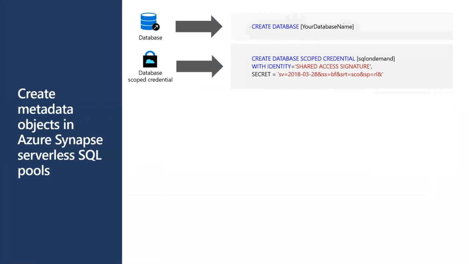So here you go. For instance, you have create database scoped credential. This is required to provide access to external objects, such as blob store. So you have to provide here an identity because you have some security layer with some secret, and you provide the secret here, for instance.